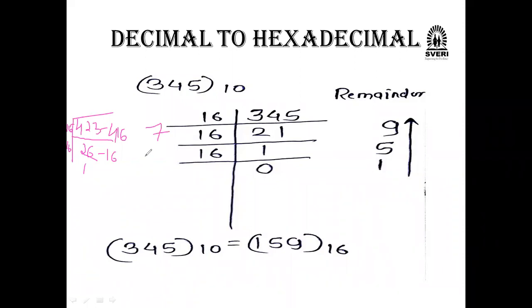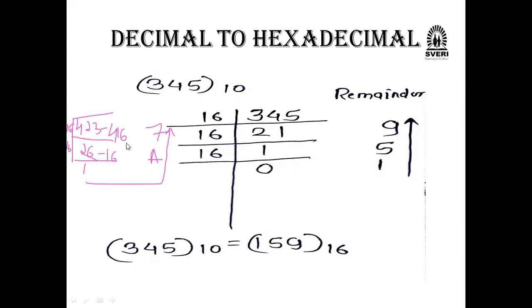10. What do we call 10 in a hexadecimal number? A, we have to use here. That is the important thing. So the remainder is 1A7. 1A7 we have to use here. Is it clear? Yes, sir. We cannot say 10 in hexadecimal form; we have to use A for 10, B for 11, C for 12, D for 13, E for 14 and F for 15. Is it clear? Yes, sir.